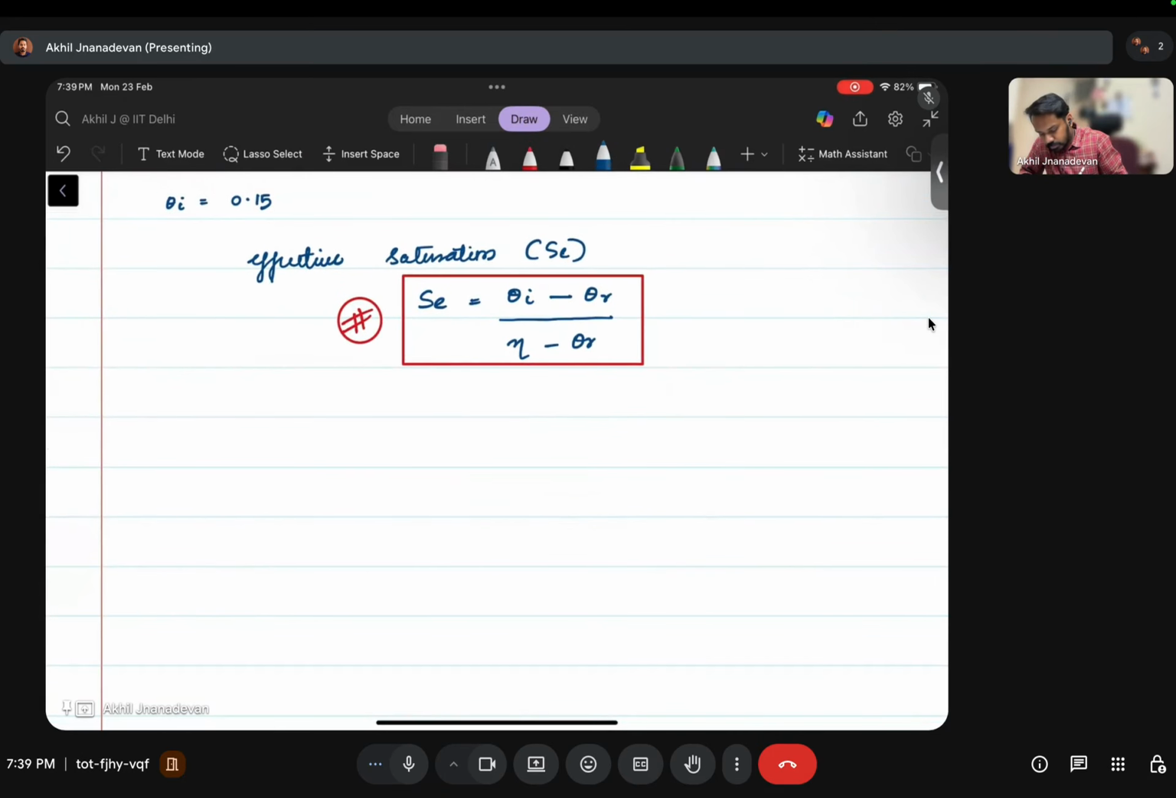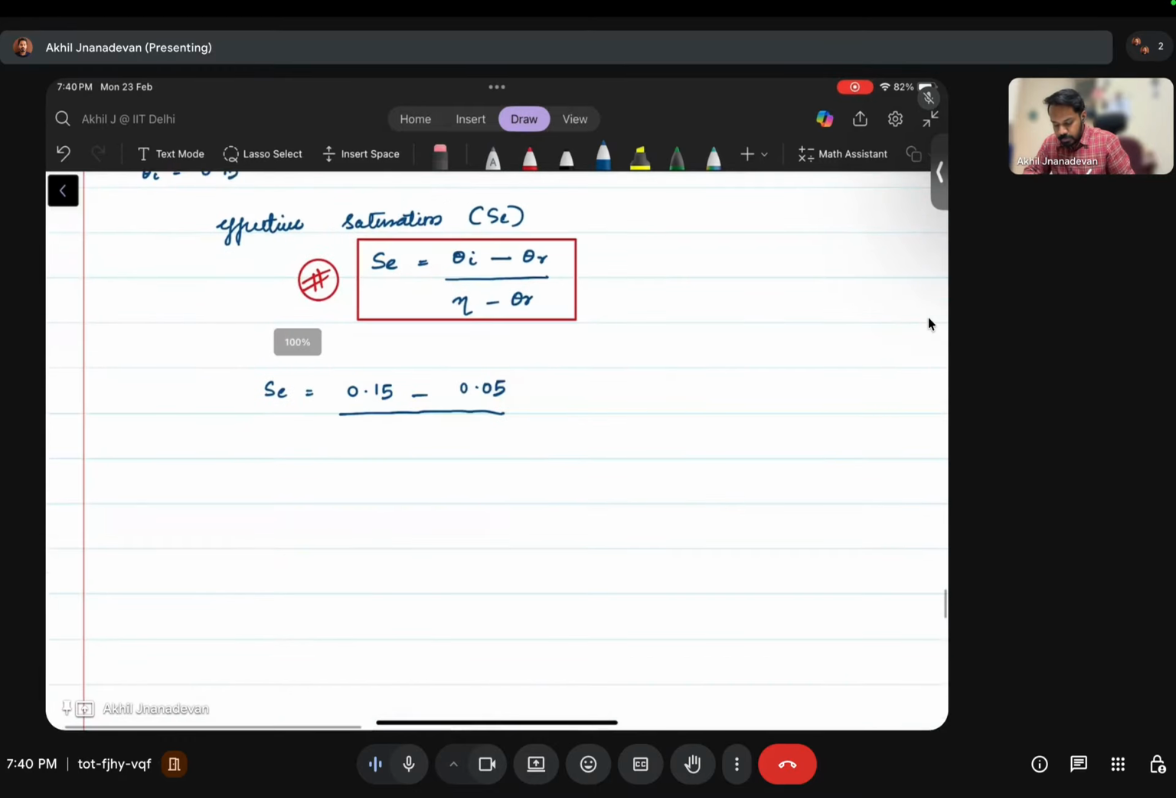So here, theta I is nothing but the initial moisture content, that is 0.15. Residual moisture content is 0.05. So the numerator is nothing but how much actual moisture was there initially, in addition to the residual moisture. 0.15 is the actual moisture content that was there. Out of that, 0.05, the residual moisture content, is always there in the soil. So how much excess to the residual was there, divided by